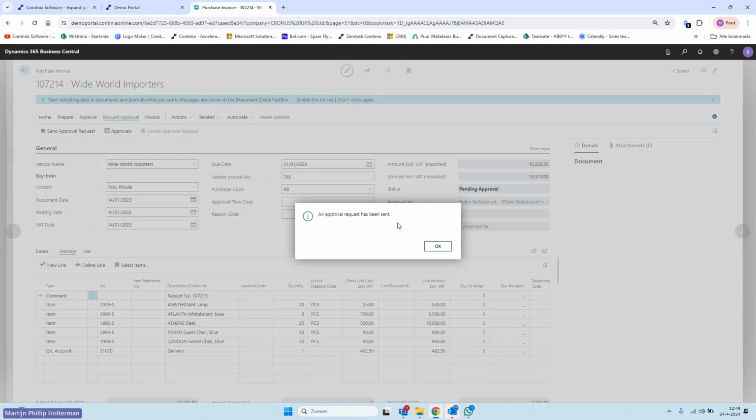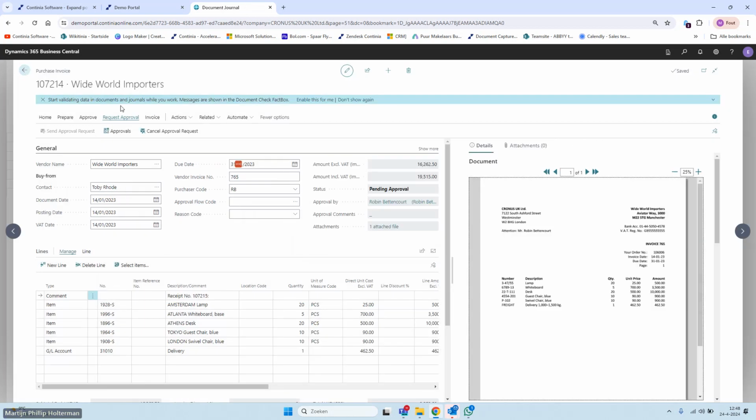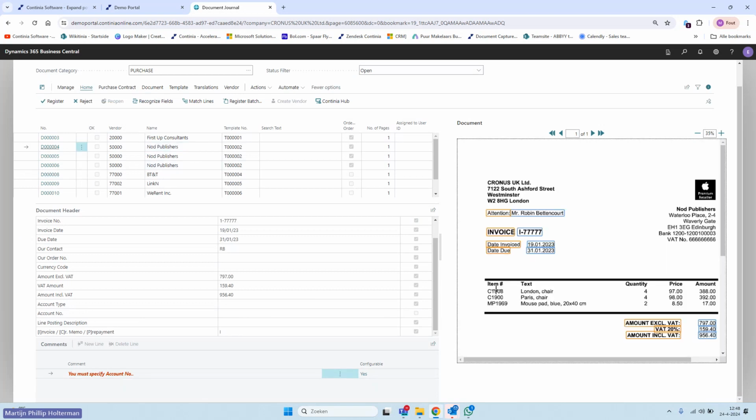Now, the last type of invoice that I want to show you today is an invoice with multiple lines. Document Capture is very good at capturing lines, and it doesn't matter if there are 3, like in this example on the screen, 50 or 100. It will just continue on until it doesn't find them anymore. Because of time, I know all of these fields are correct, so let me go straight to how to capture